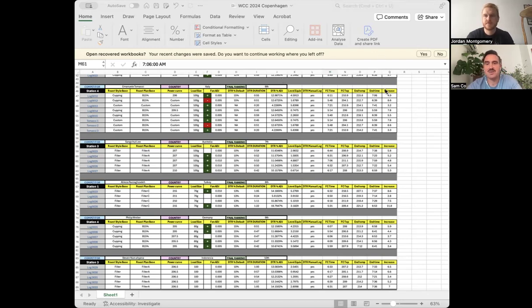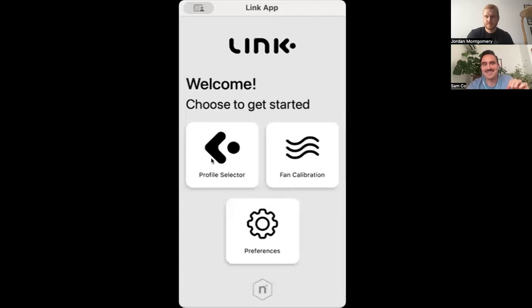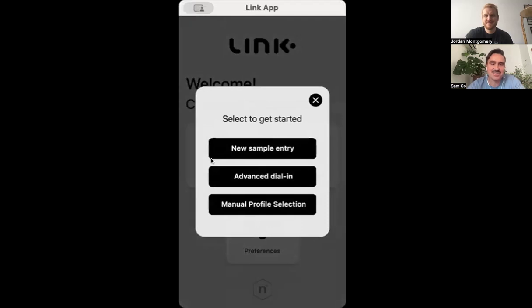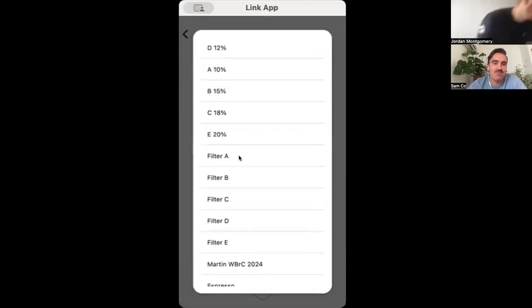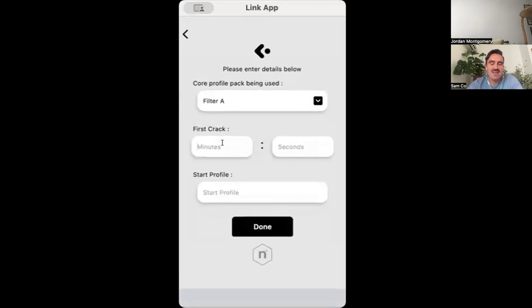One thing which I just checked, and I think it's a really cool feature, and I'm actually just going to take us back to a point that Jerome touched on. So I'm going to open up the link app, and I just tested it while we were talking just to make sure it worked. There's all the features that the users could look at in the sample. One of them, which we mentioned, was the advanced dial-in feature, which allows you to check a profile and then see if that profile itself was matching the suggested power curve based on the first crack, and if it was